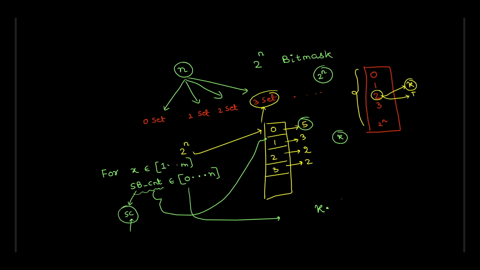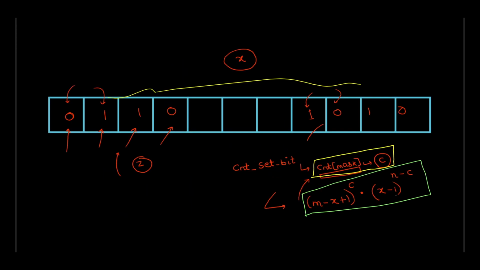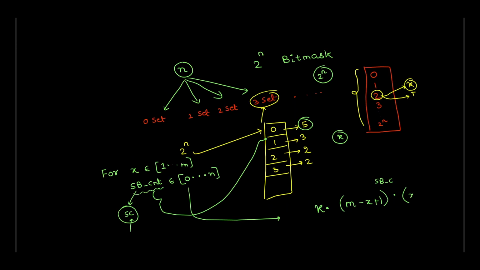So you will have m minus x plus 1 to the power set bit count, into x minus 1 to the power n minus SB count. So you just have to sum this expression